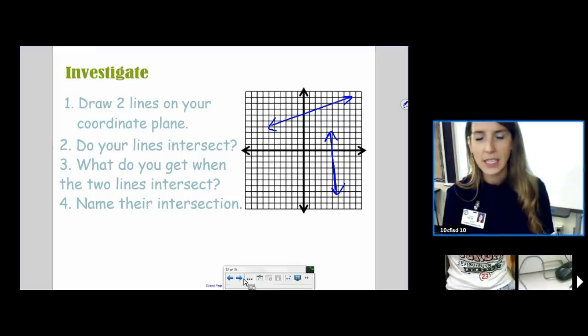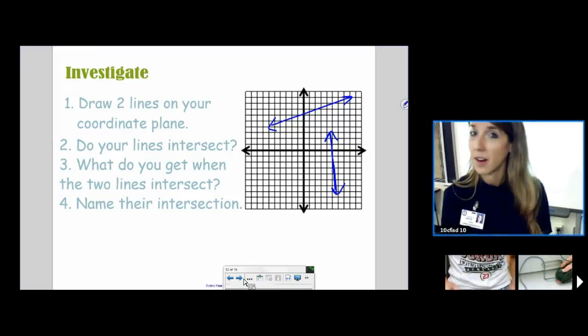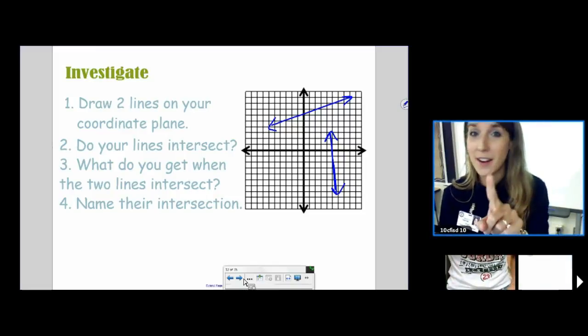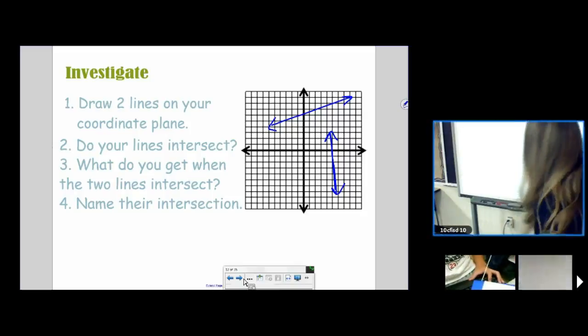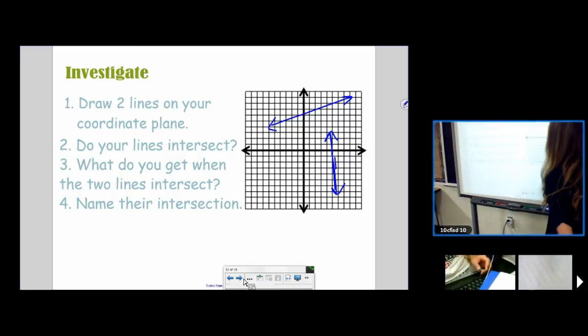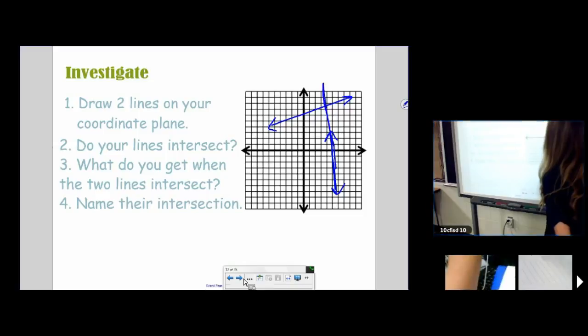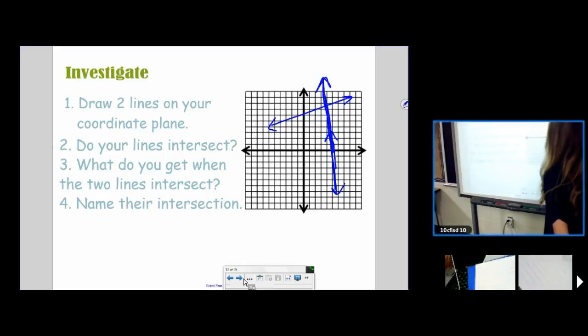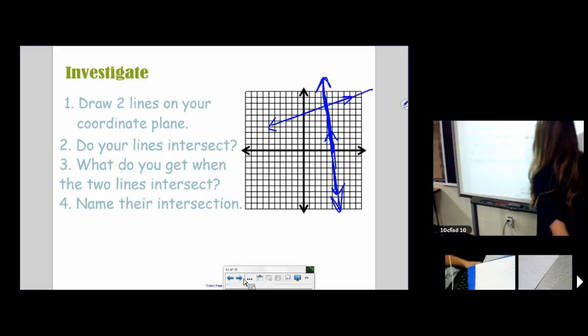Remember, those have arrows on them. Your lines better have had arrows on them. Those lines go on forever. So even though they're not intersecting yet visually to us, they absolutely are intersecting. Now,